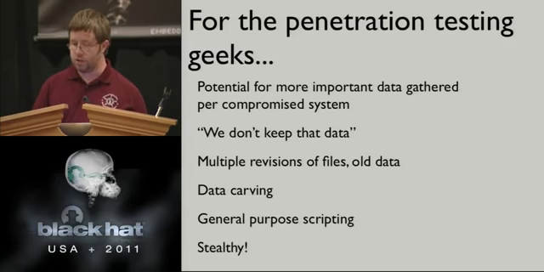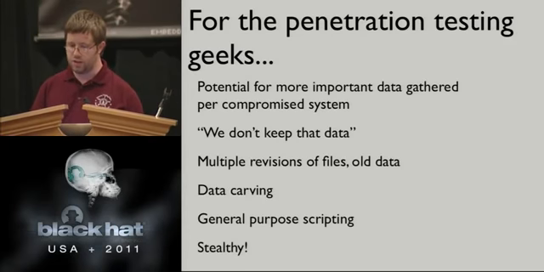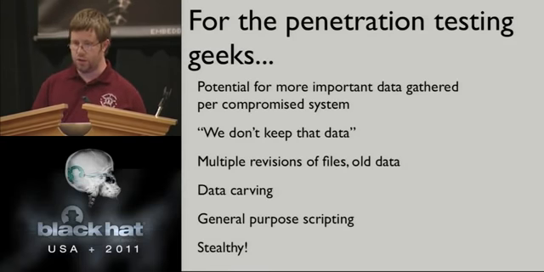The way we pull that out is with data carving tools like Foremost and Magic Rescue and things of that nature that can look for the signatures of files, the headers that we know of. We know that JPEGs start with a certain byte sequence. We know that Microsoft Office files start with another byte sequence. We can basically do a brute force, start at the beginning of the disk, roll to the end of the disk, looking for those headers and pulling out files without having known where they were allocated previously. So we may want to do that sort of data carving on free space on a victim's hard drive or other drives that are hooked up to the system.